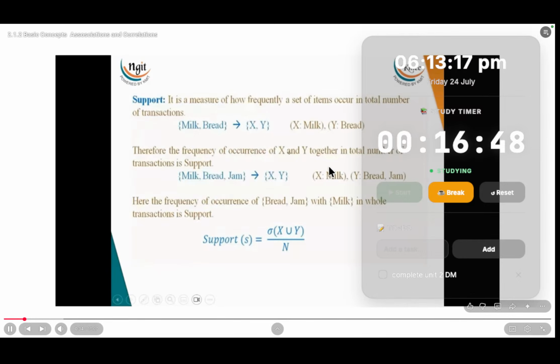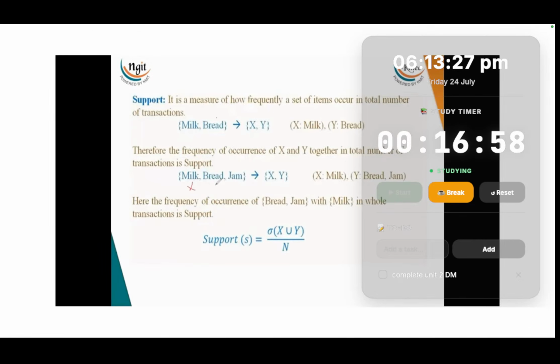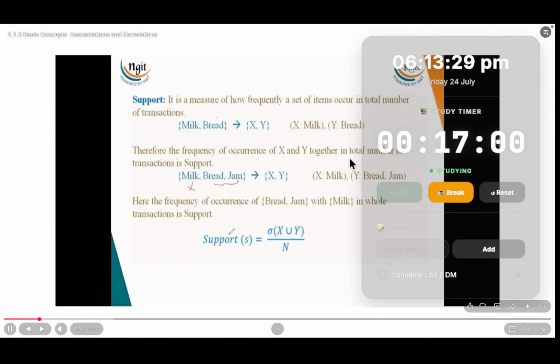In the whole set of transactions, how frequently the set of items occurs can be known by the support. So let us consider a two item set consisting of milk and bread, right? Here milk refers to X and bread refers to Y. Suppose you have three item sets like milk, bread and jam. Here X refers to milk, and bread and jam refer to Y. Now we can calculate the support for milk, bread and jam or any other item sets that are present. Here X and Y refer to the item sets, the number of item sets which frequently occur in